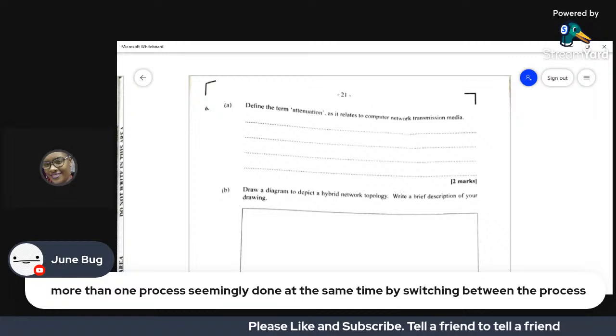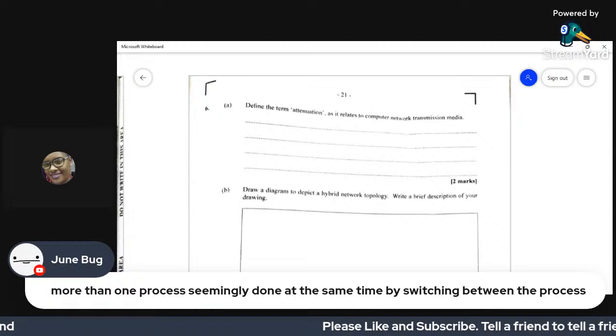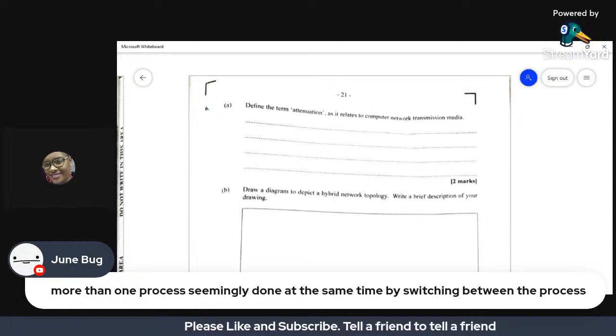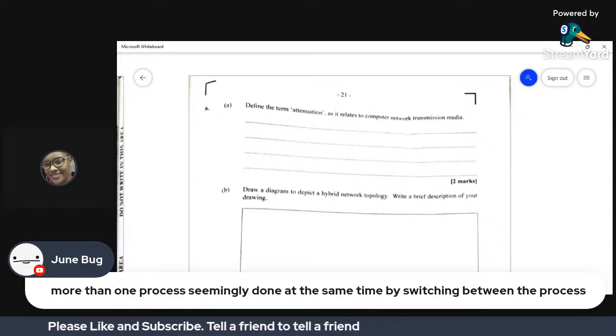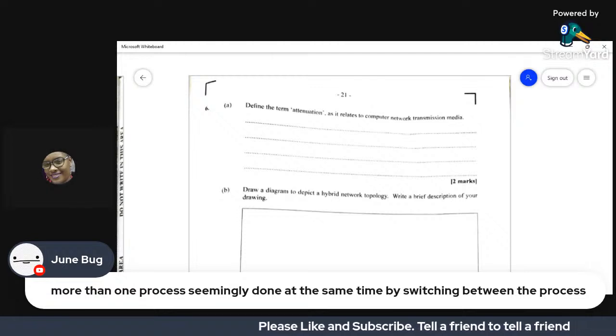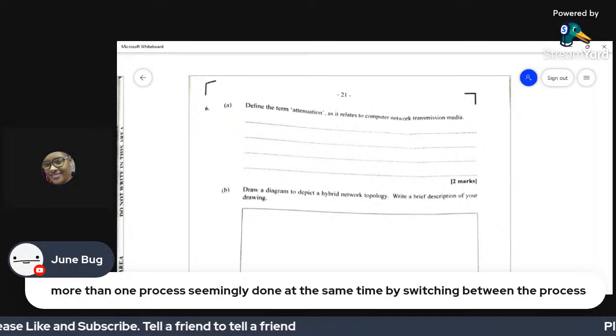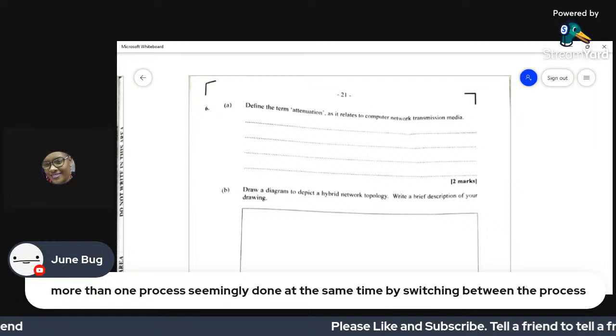So let's say, for instance, attenuation in transmission media. You have a modem in your house, and it is in your living room. When you're in the living room, the signal or the strength is very, very strong. As you move away from the modem or router, the signal reduces.